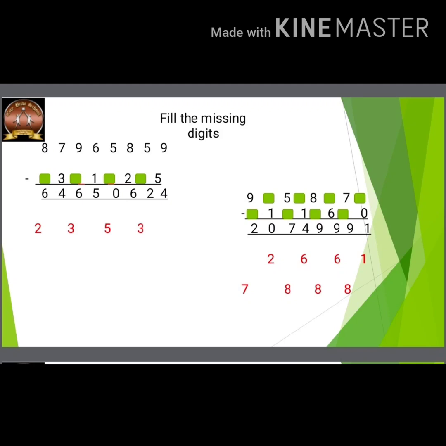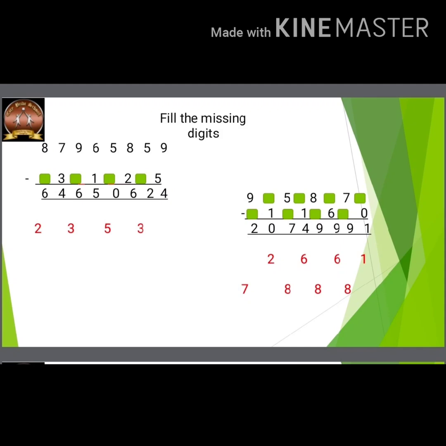Now in the box again, what minus 6 will give me 9 again? Now directly I cannot write here 5. Why? Because I have borrowed 1 from the hundreds place to the tens place. So I need to make 1 bigger. So at hundreds place I'll have 6 because I have given 1 to 7. Now my number becomes 5.